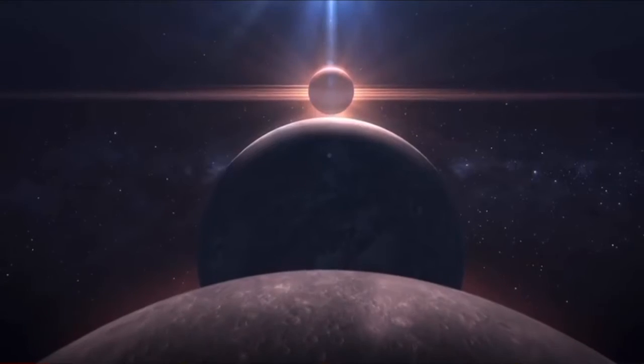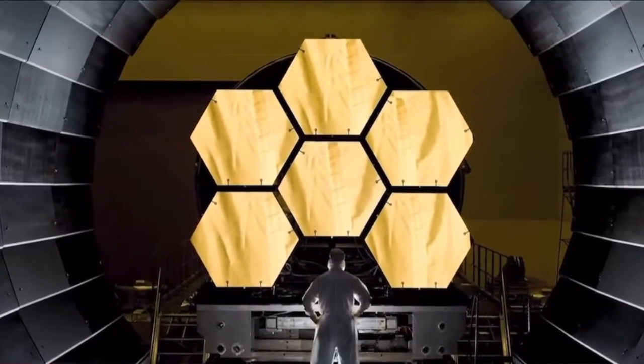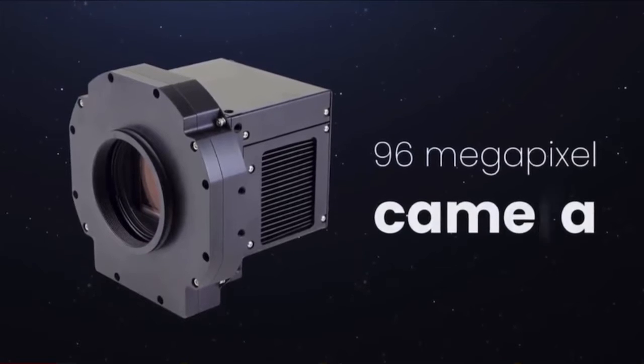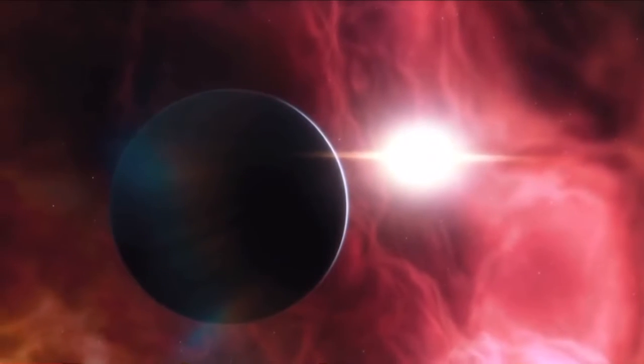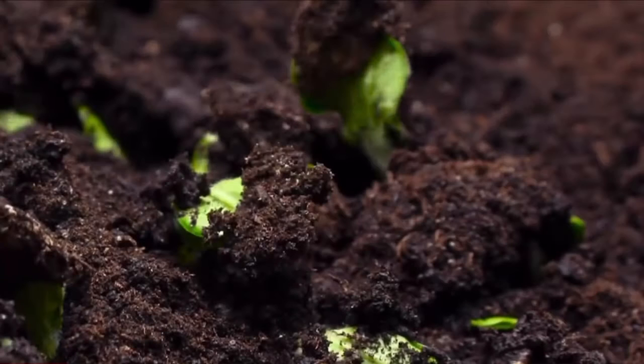At the time of the launch, it had the largest primary mirror ever sent into space, and it also had a 96 megapixel camera to process the light. That's a lot of megapixels. Astronomers were interested in finding out just how many stars have planets orbiting around them, and how many of these extrasolar planets or exoplanets have conditions